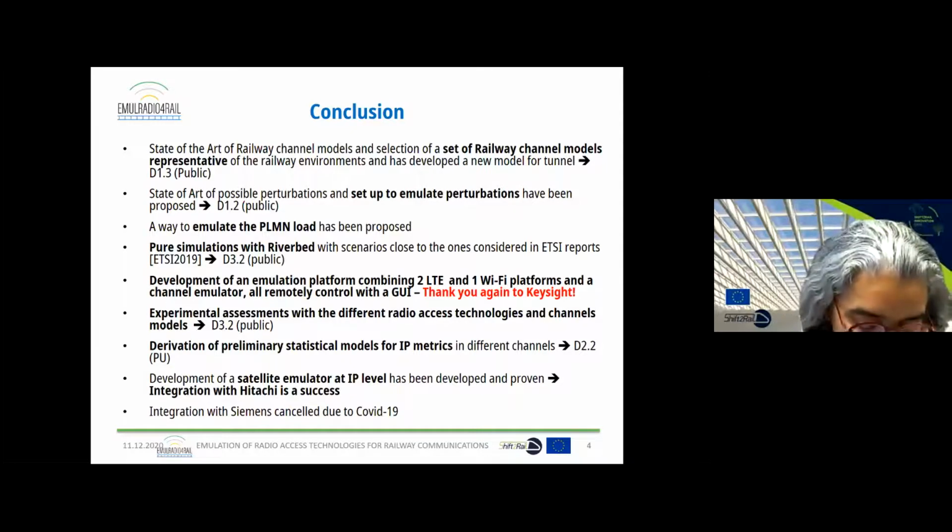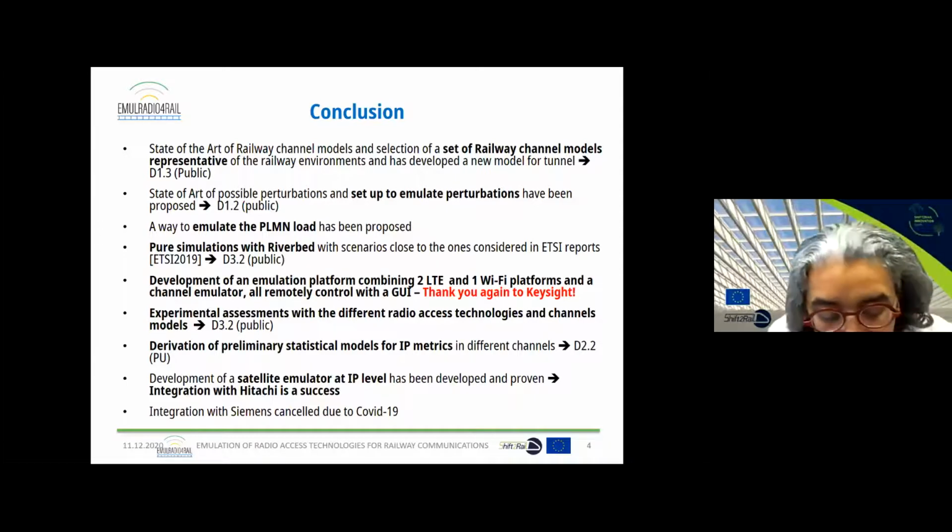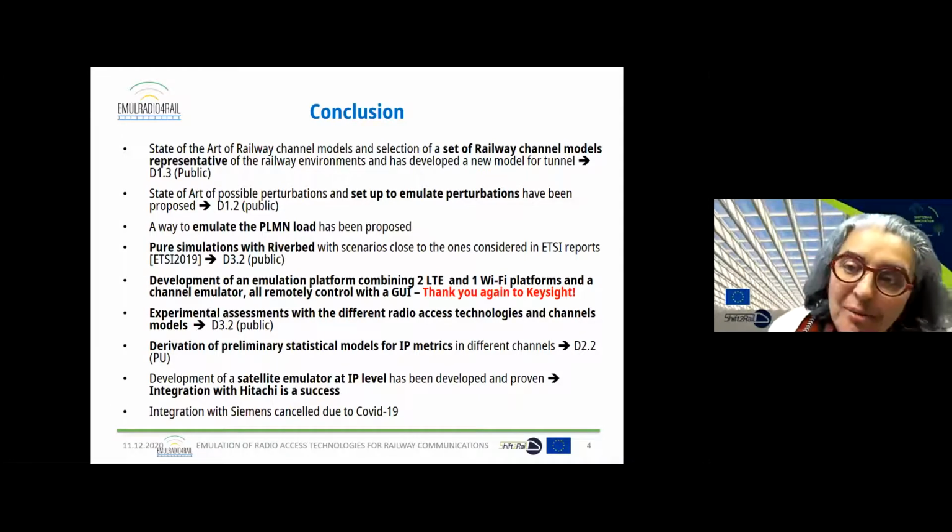And Laurent was right before. I think it's very important then to be able to have confidence in this model. So perhaps go to the trial site to perform some measurements, to validate some models.